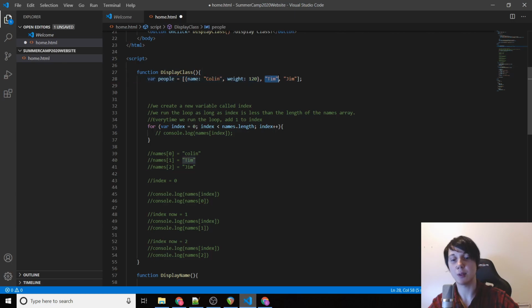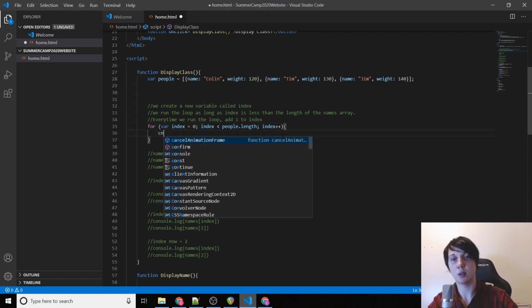And then we can do the same thing for these other two. Tim 130, Jim 140. So now when we loop through people instead of names,